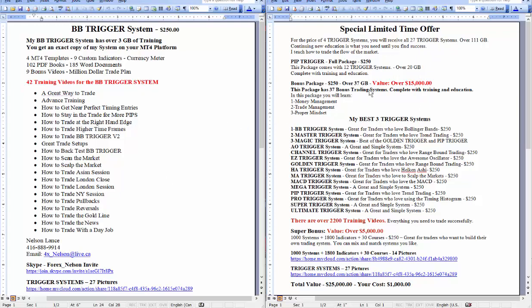And I wanted to point out in this bonus package right here, it's 37 gigabytes. The first one has 21, I believe, gigabytes. This one's 37 gigabytes. I threw in 37 bonus trading systems that I put together. They are not the trigger systems, but the same concept. Blue we're buying, red we're selling. Each and every one comes complete with training and education. And I threw in a lot of